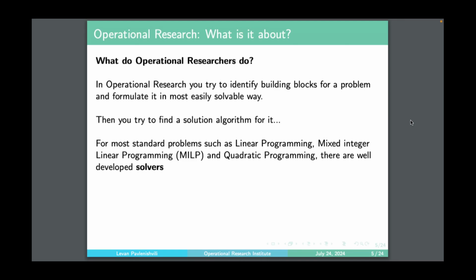Most standard problems in modern times are solved in well-developed optimization solvers. These would be linear programming, integer linear programming, or quadratic programming problems. They are well solved in optimization solvers. The standard way to solve most of these problems would be to use a simplex method or an interior point method,